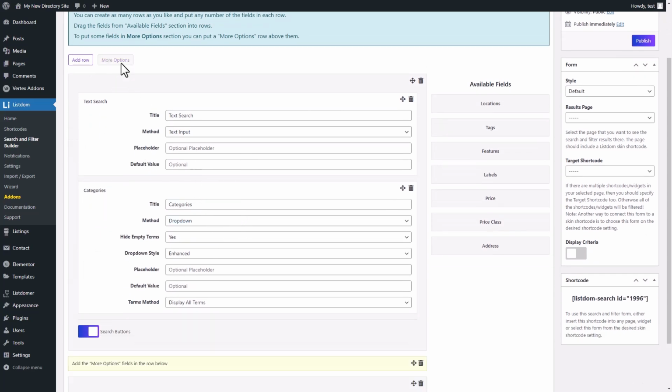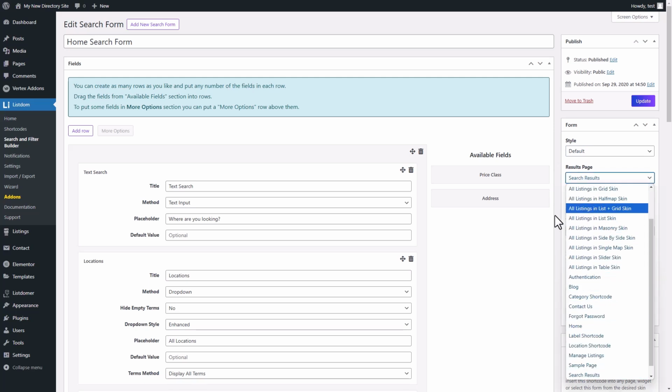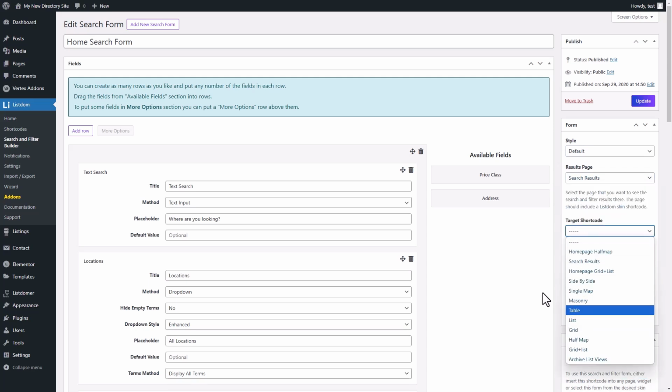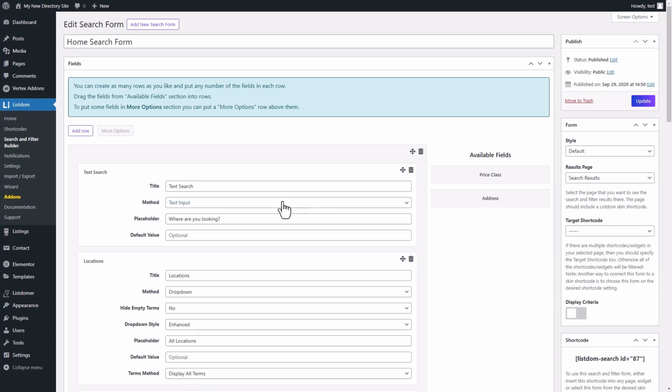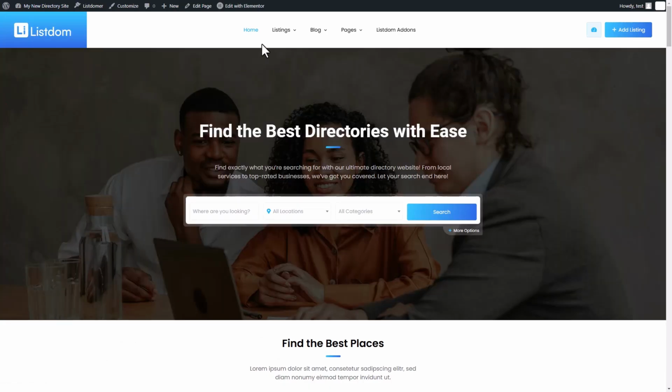After configuring the form, organizing the results page becomes very straightforward. You simply select the page where the results will be displayed and add the corresponding shortcode. This method allows you to create an efficient website with well-structured listings, making it easy for users to find what they need. As mentioned earlier, the demo importer has added many files to your website, which you can use to